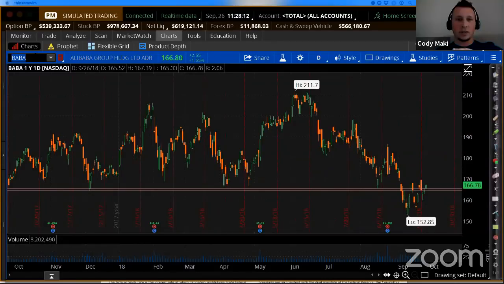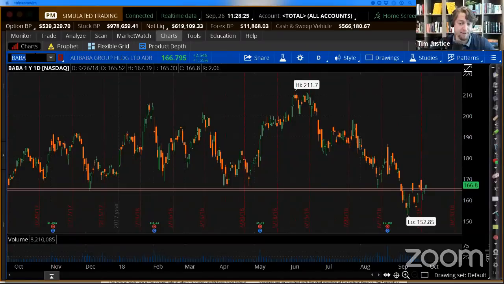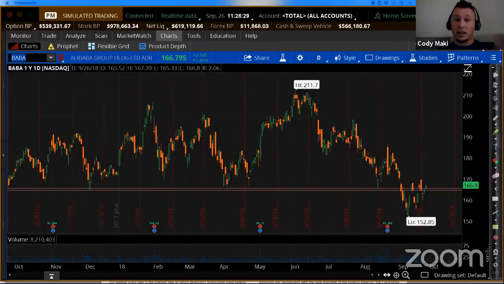I've been telling the lounge this for about a week now since we've been talking about this trade. People keep asking, what about Baba? What about Baba? What about Baba? I've been telling the loungers, my stop's at 170 and 30 cents. Yeah, right above 170. It hasn't touched it, and I'm still in it. My bias hasn't changed. The overall trend is down. Still in the trade. Don't freak out. Plan your trade. Trade your plan.